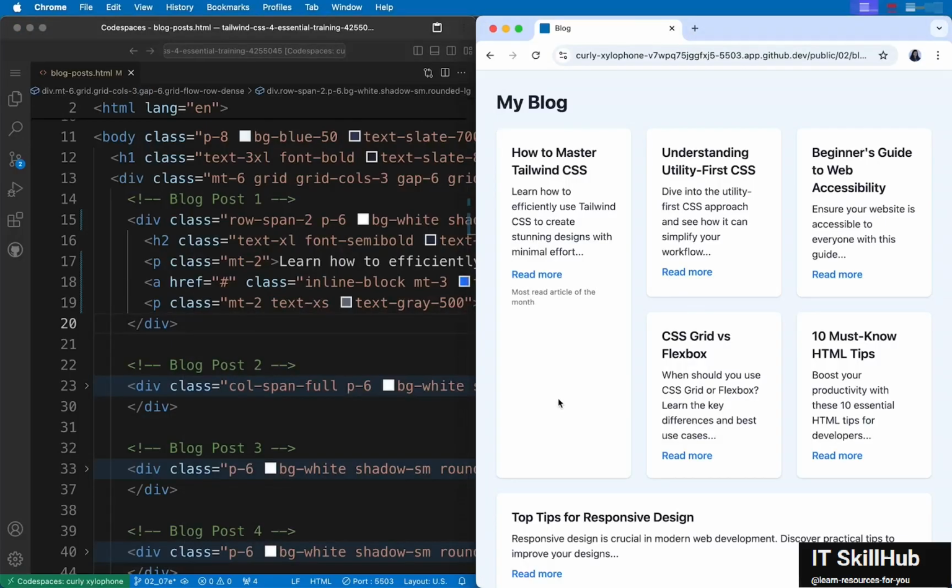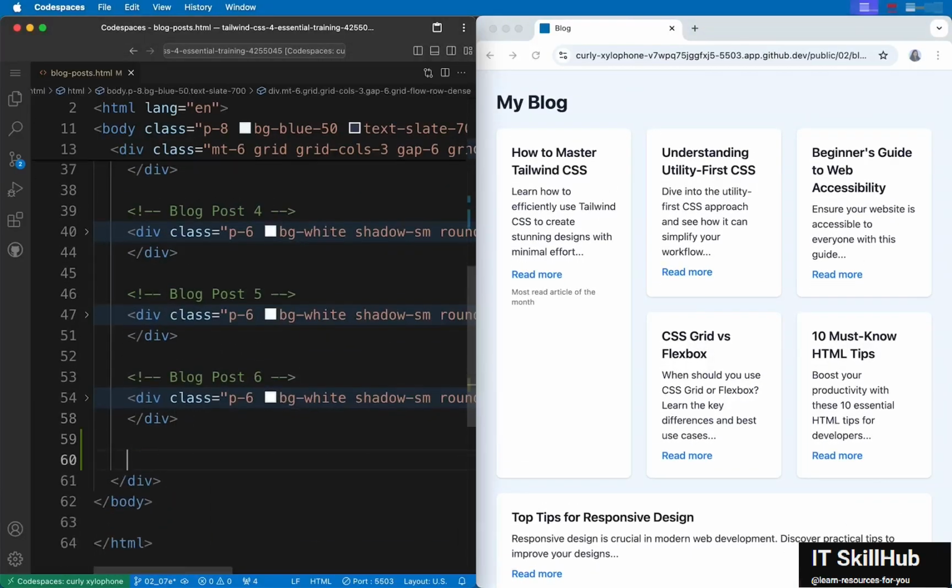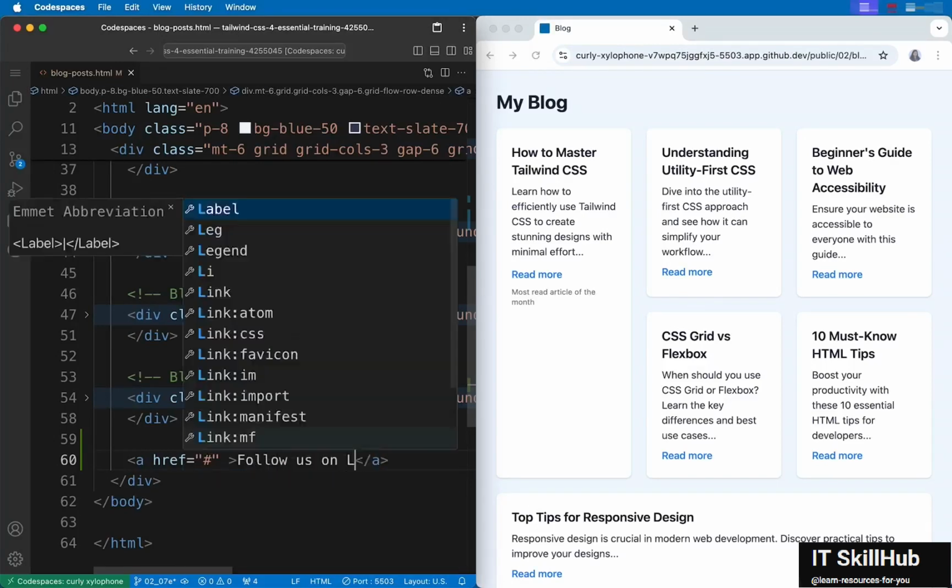Alright, we've seen flex and grid layouts, right? Which make it possible to create almost any design possible. But that's not sufficient. Sometimes you need to position elements on a page which do not follow the regular document flow. For example, you might need a button here at the bottom right corner of the page that stays right there even if you scroll up or down. Let's create one. Scroll down to the bottom of the markup and add a button here using the link tag and something like "Follow us on LinkedIn."